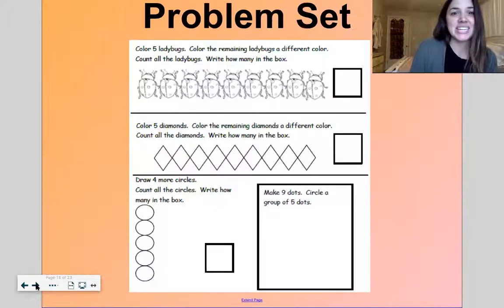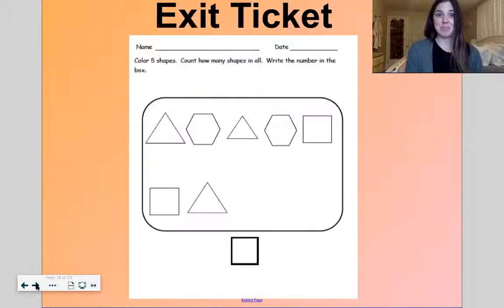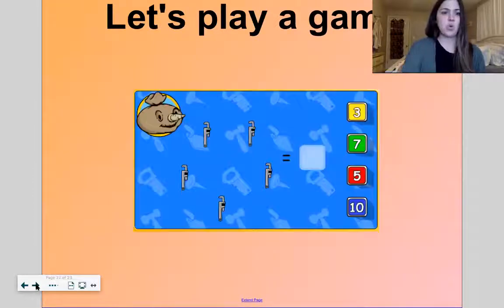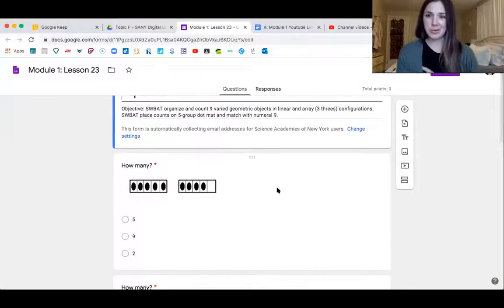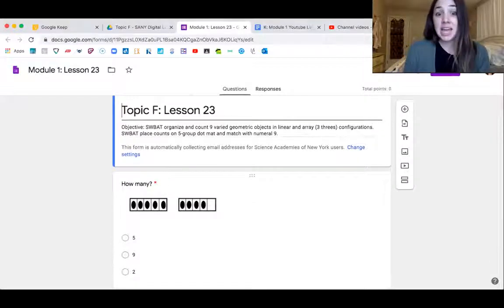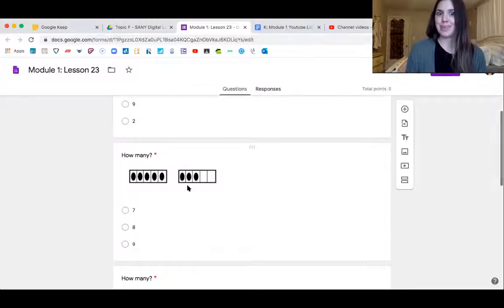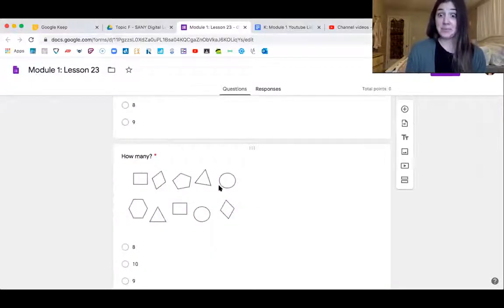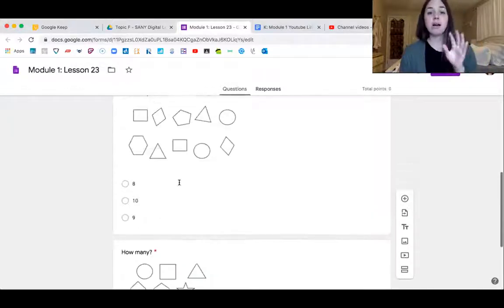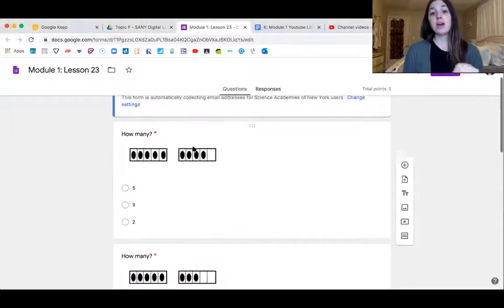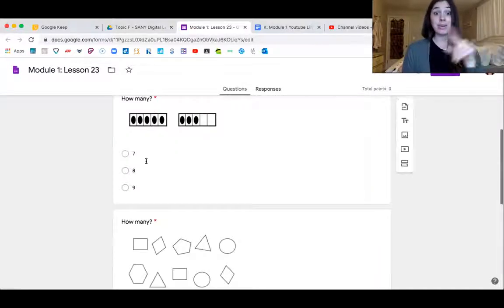All right. Let's get into our problem set for the day, which is a quick Google form. You are going to count the number of dots in these 5 frames and then write how many. Count, choose how many. And when you work on this Google form, you're working on subitizing, you're working on counting on,